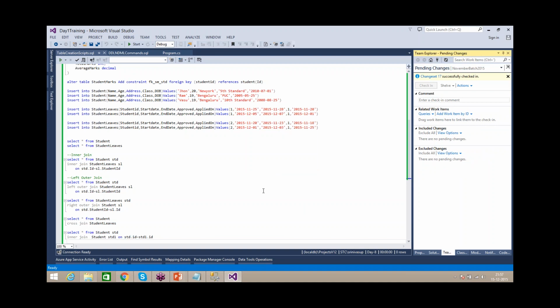Okay, any more doubts? Or you guys are good? Okay, I hope you guys are good. So we'll meet tomorrow. Please create these tables in your database. Okay, we will work on these tables only